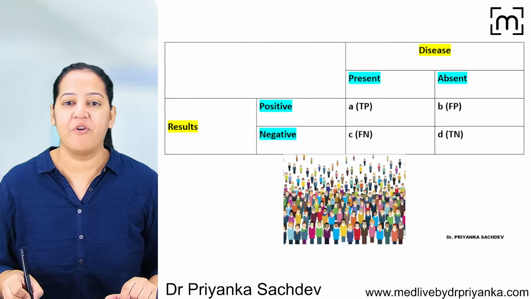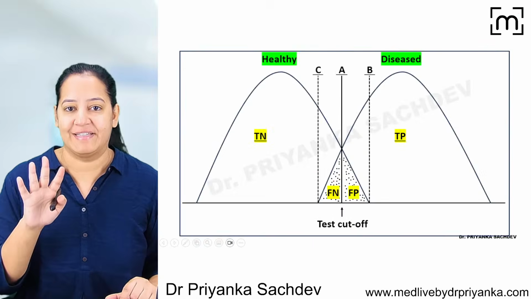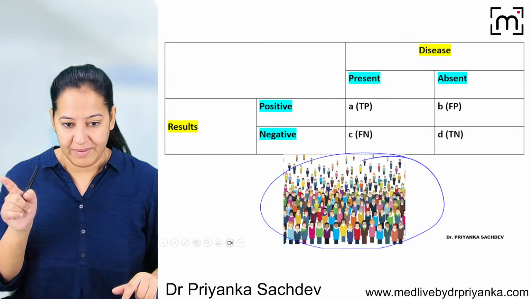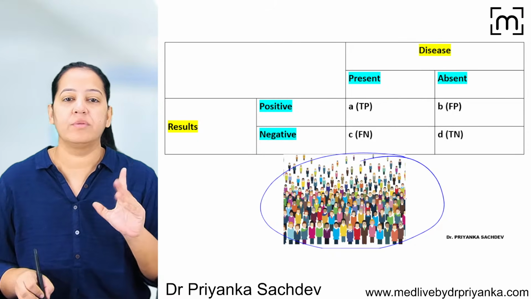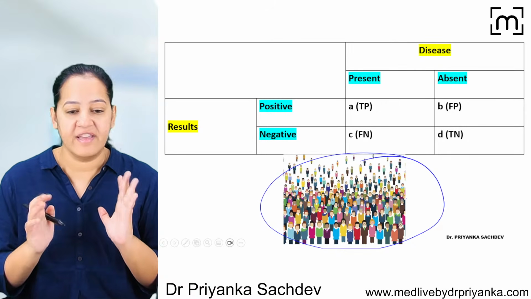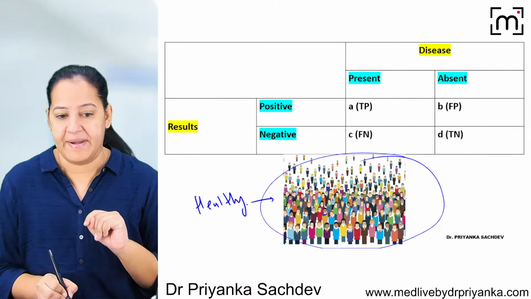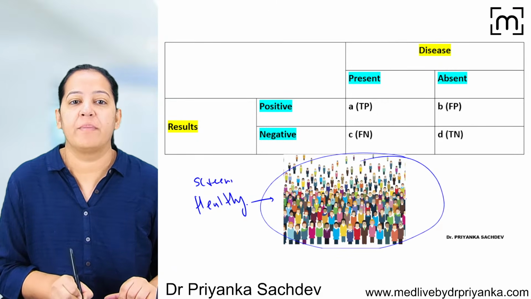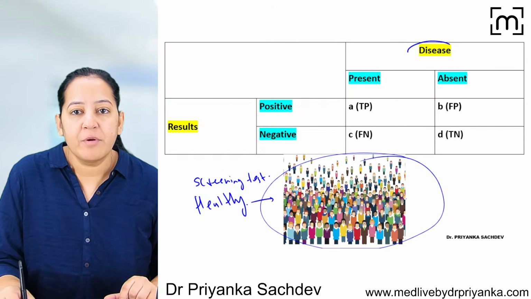Okay. Now we are performing the screening test on this group. So we are dividing this group into four categories. Now we have to make a table. Listen, from this group there are certain persons who have the disease. They all think they are healthy. But out of them, some are really healthy and some are only apparently healthy. We want to differentiate between them. That's why we are performing a screening test on all of them. So we have to make a table. Okay, listen. The top of the table always contains the disease.